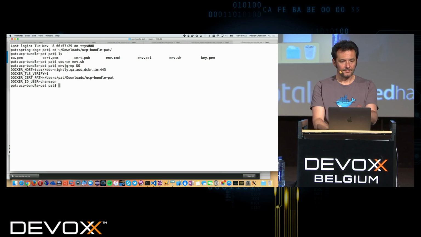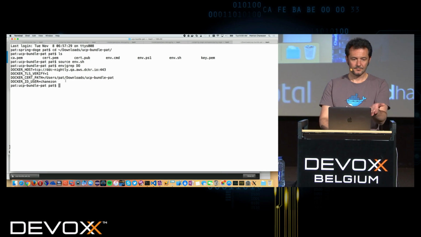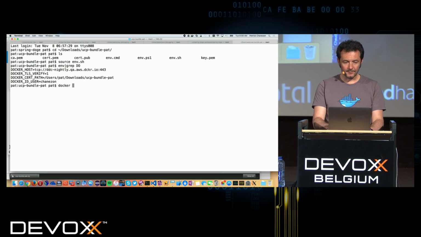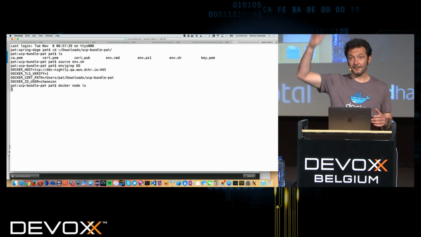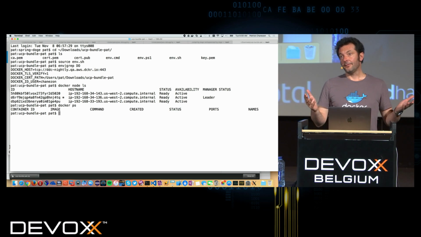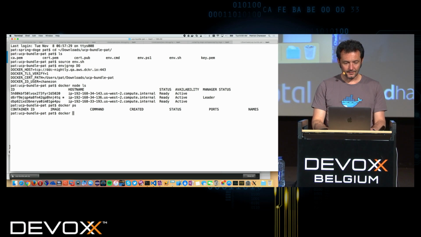I'm checking that I have it. So here I'm using the paths that are in the certs that are in there. So here, if I do a docker node ls, I should still see that I'm targeting the right cluster in there. But when I do a docker ps, nothing.